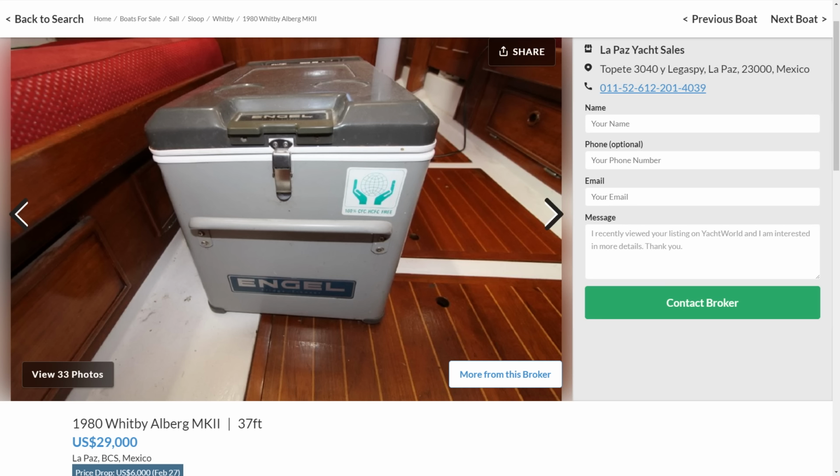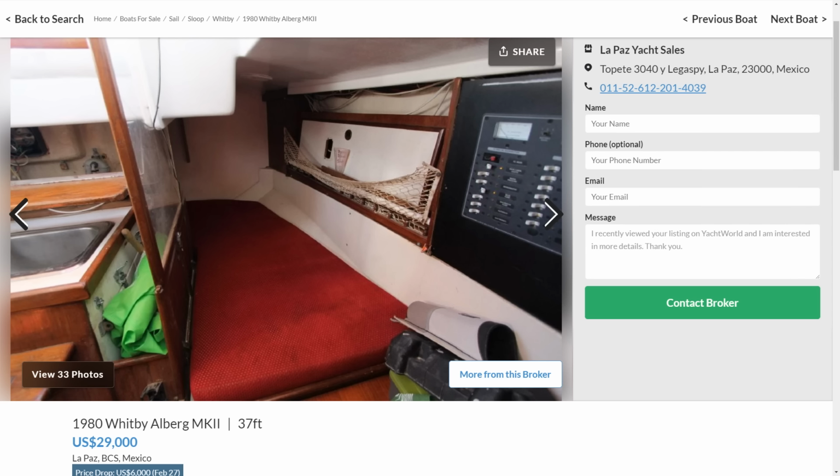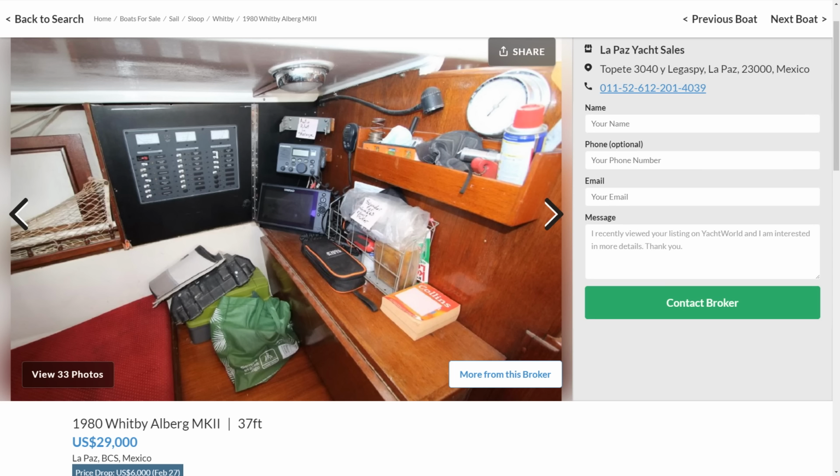and it was sort of the trend back in the day that we got these smaller galleys and then a big quarter berth or a sea berth that you might actually find would be the most comfortable place to sleep on this boat if you're by yourself. The owner's already even sprung for a portable 12-volt refrigerator, and if it still works, that's going to save you